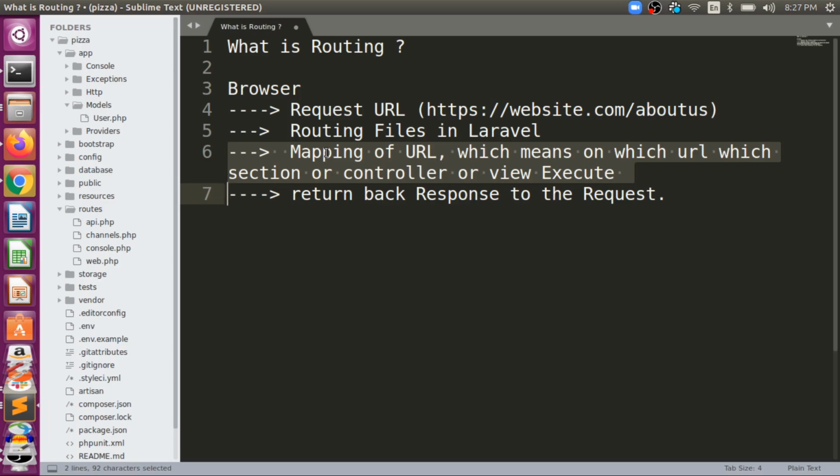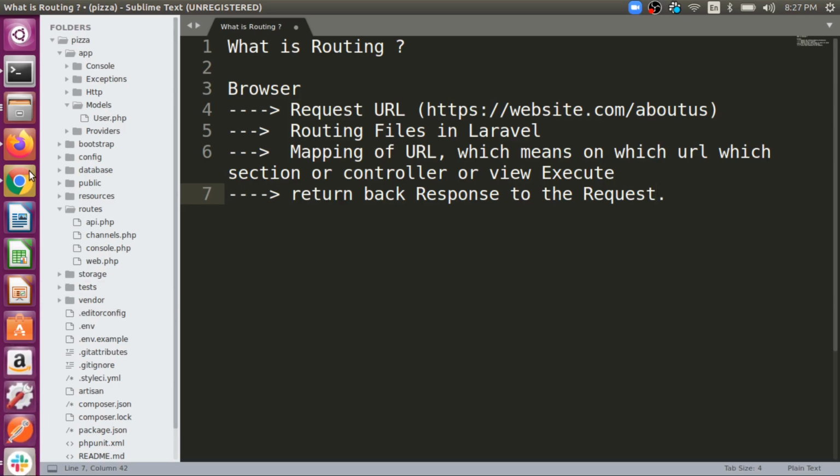Based upon that URL, it will load that controller or view. Then that controller or view is executed, and the response is returned back to the browser. Clear? So this is the overall flow of routing.